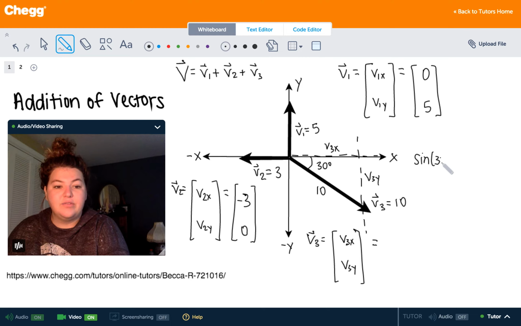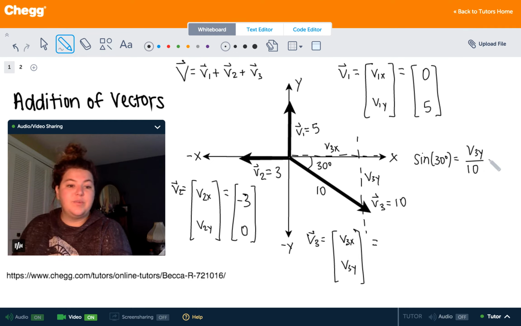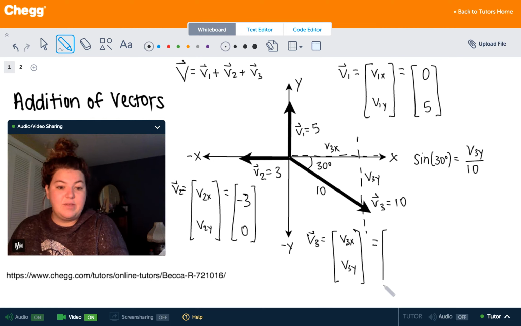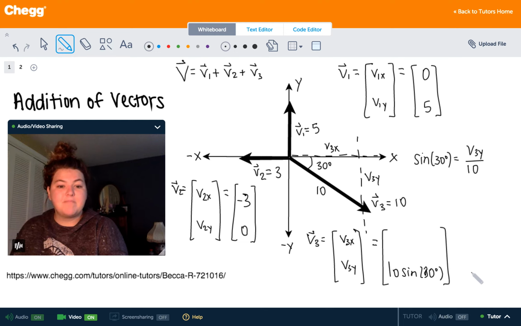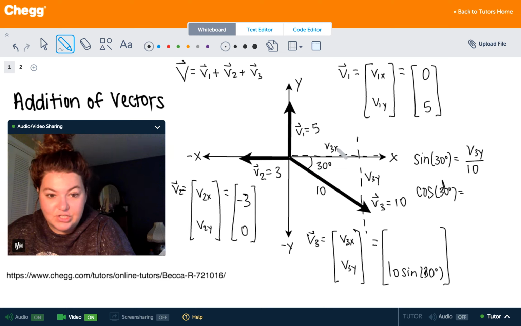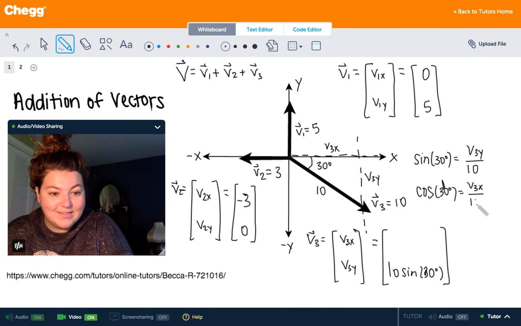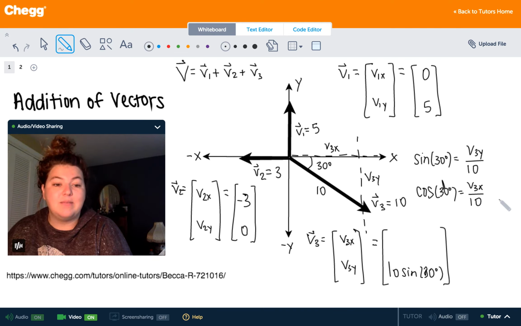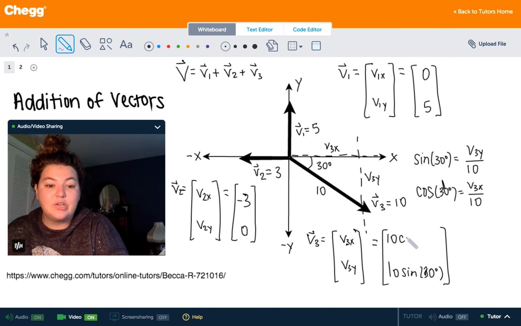The sine of 30 degrees is equal to the opposite, v3y, divided by the hypotenuse, which is 10. So if we solve for v3y, all we have to do is multiply both sides by 10, and we know then that v3y is given by 10 times the sine of 30. Okay? Now this is going to be a very similar thing for the cosine of 30. But instead of looking at v3y, we're going to get an idea of what v3x is. So the cosine of 30 is the adjacent leg, which is v3x, divided by the hypotenuse, which of course is 10. So solving for v3x, we multiply both sides by 10 and find that v3x is 10 times the cosine of 30